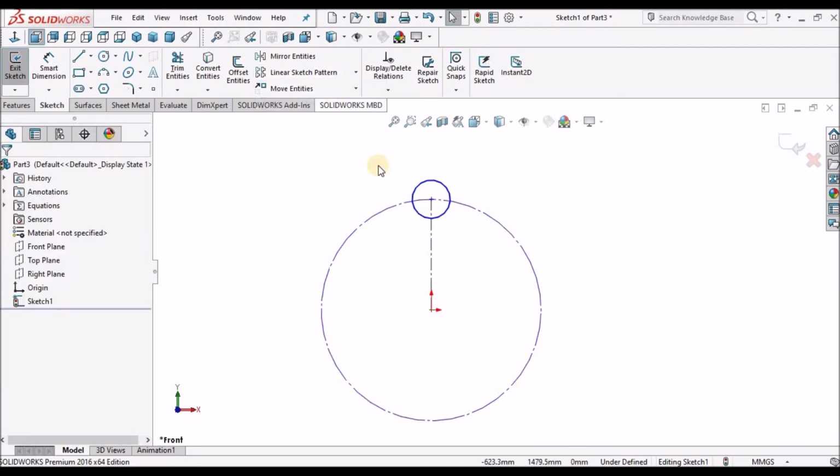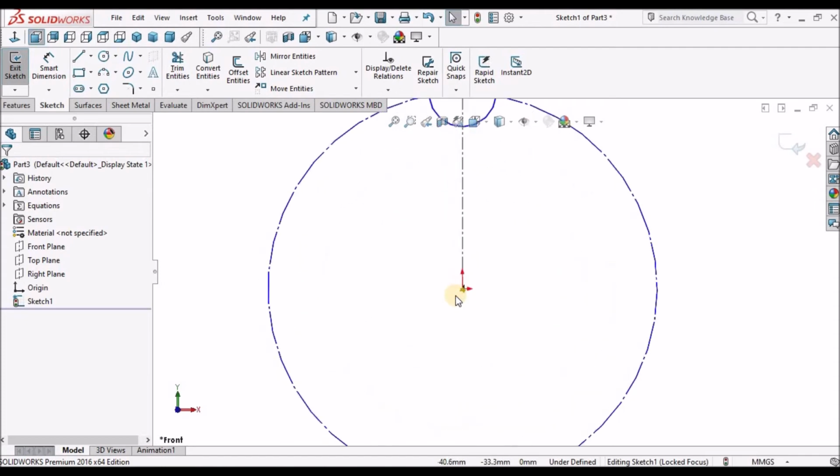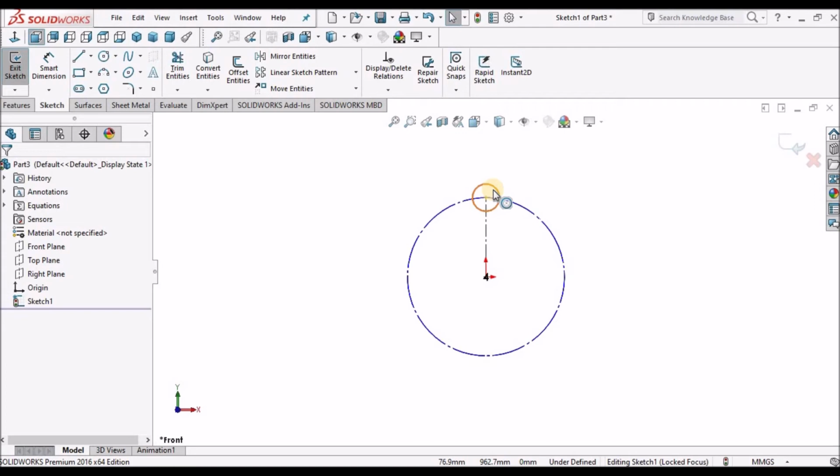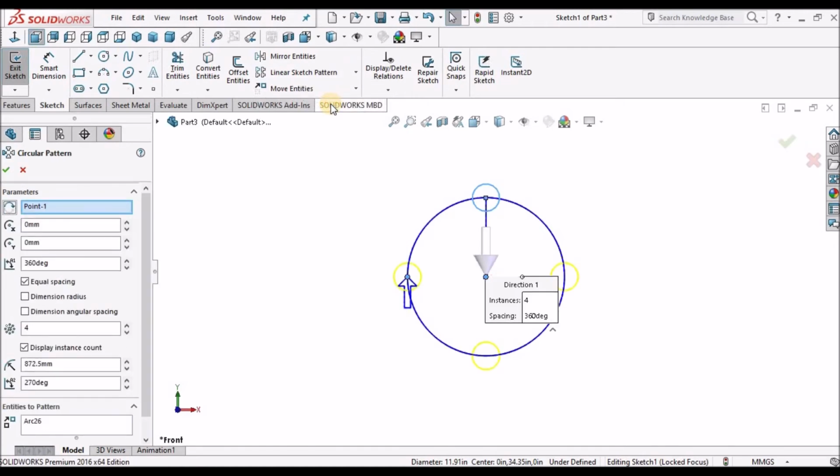So circular pattern, I can click the circle, and I need to click increase space, so I can increase the number of circles.